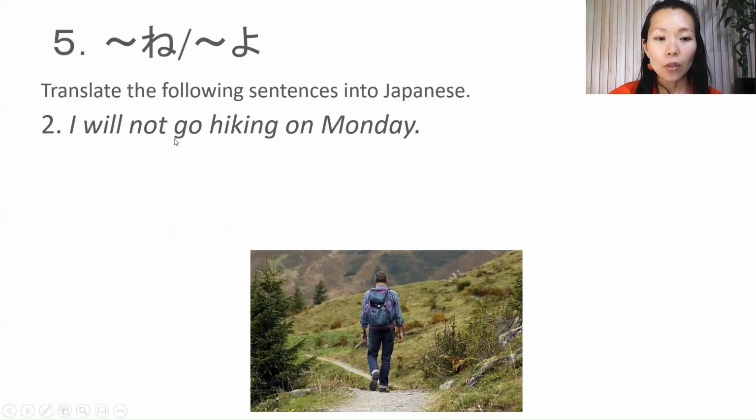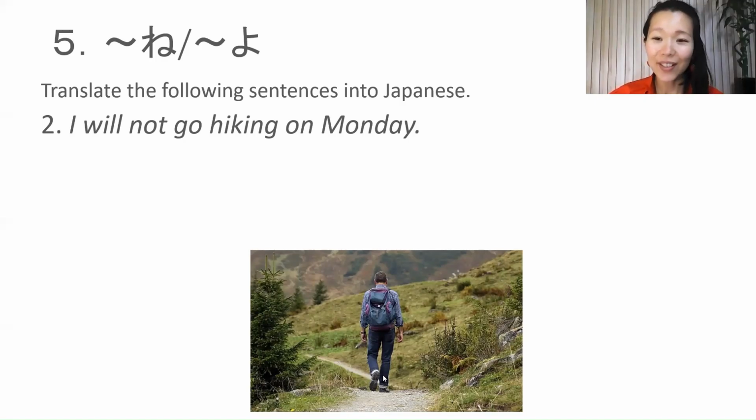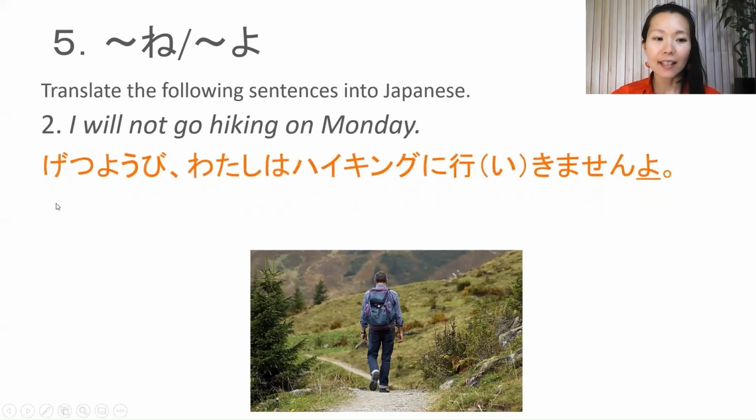Next, question 2. I will not go hiking on Monday. Now here is a negative. Go is 行きます。But how do you say the negative? Please try to translate. はい。では答えを確認しましょう。So, on Monday is 月曜日。